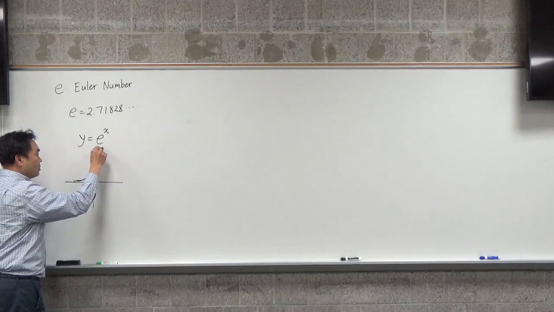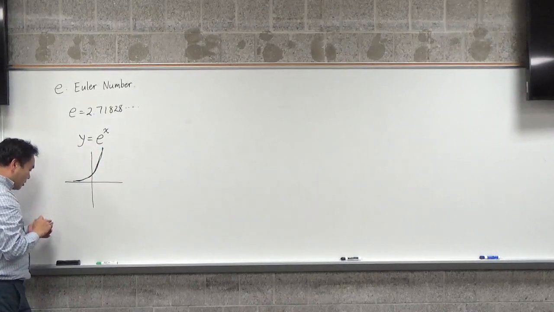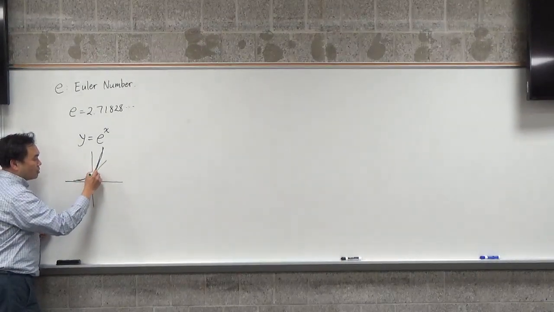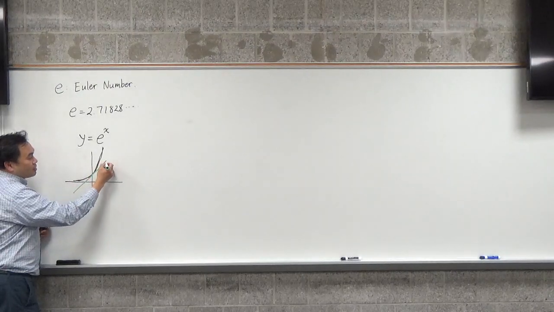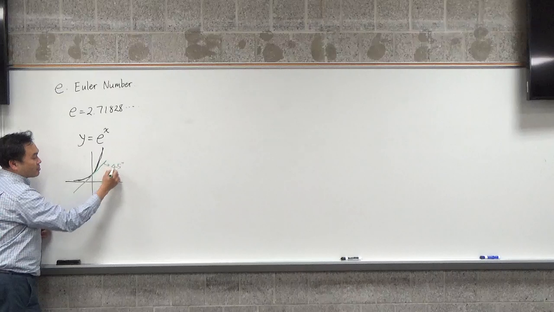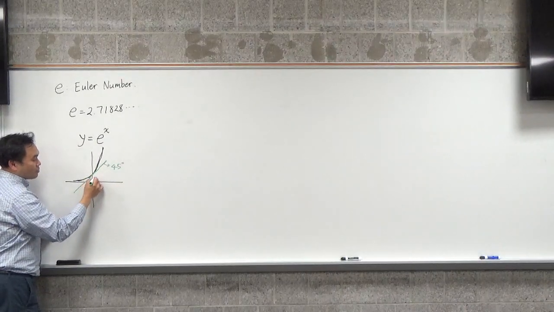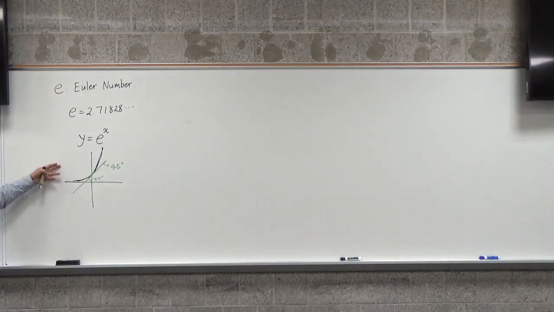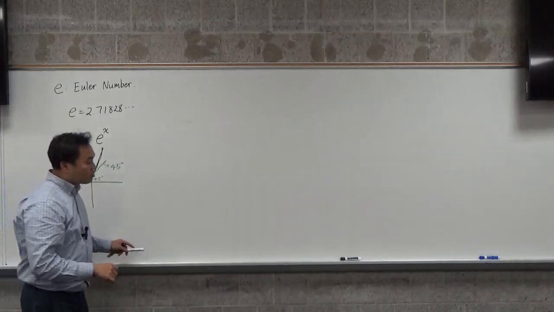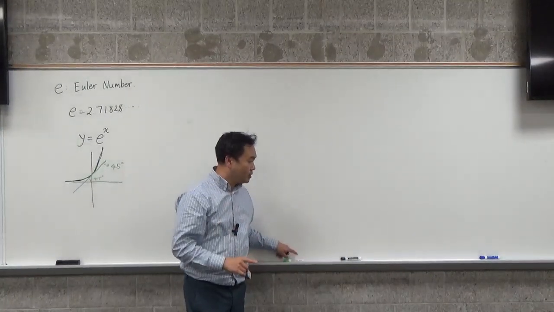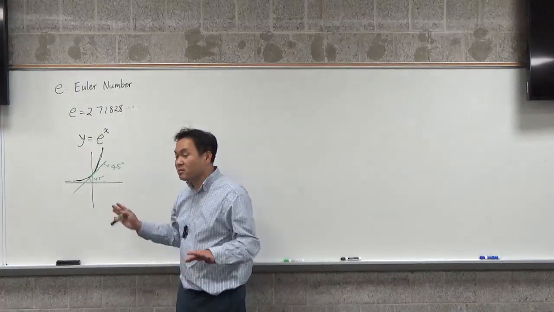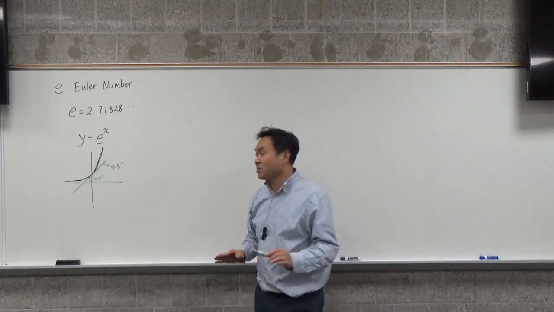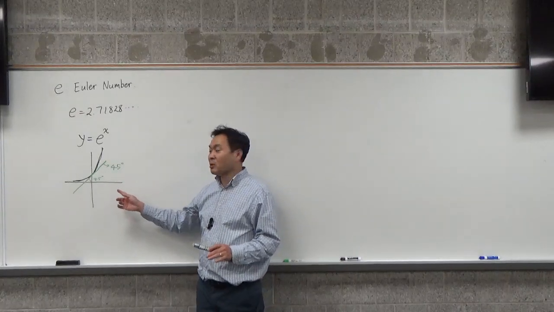Okay. And it has this property that if you draw a tangent line at 0, this is exactly 45 degrees from the x-axis. So this angle right here is 45 degrees. That's the property that this graph enjoys. Now the slope of 45 degrees is 1, and at this level it's impossible to explain why that's so important,